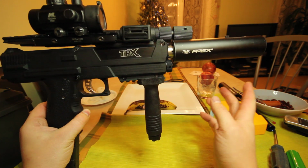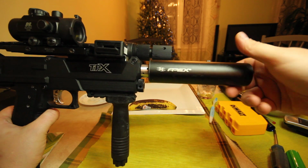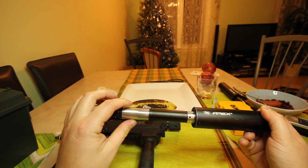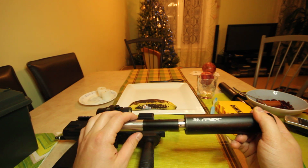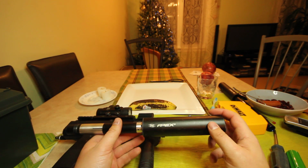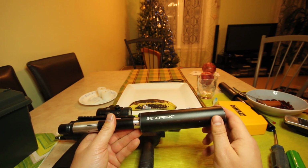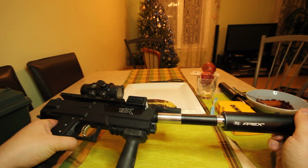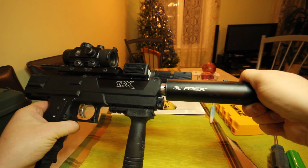Second mod I added is I bought a cheap A5 barrel. I had it machined down on this end. It was a little bit thicker, it was about 1 inch in diameter. I had it machined down to fit the TIPX barrel shroud, and the end was milled to accept the Apex tips natively. So I also added an O-ring that allows me to unscrew the barrel by grabbing onto the Apex,